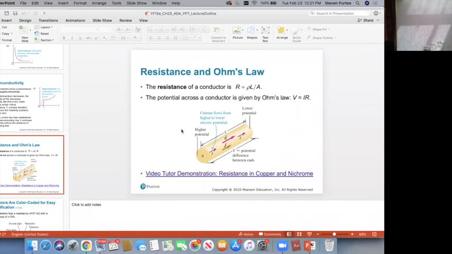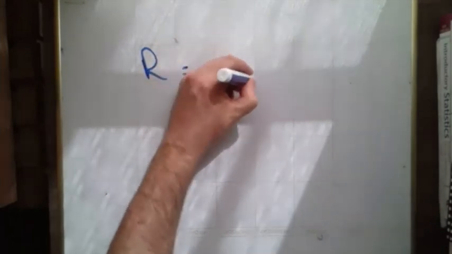Okay. After resistivity, we get what's called resistance. This is chunk of stuff dependent. You have something in your hand. That thing you have in your hand has a certain resistance. That material all has the same resistivity, but the one in your hand has a specific resistance. So resistance R is rho L over